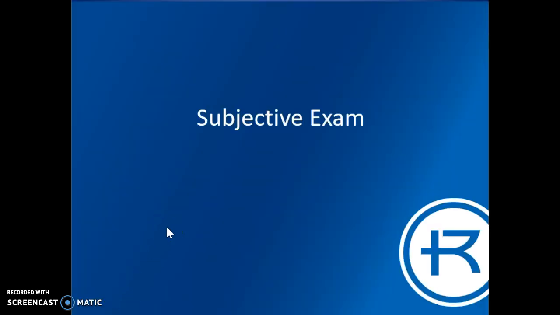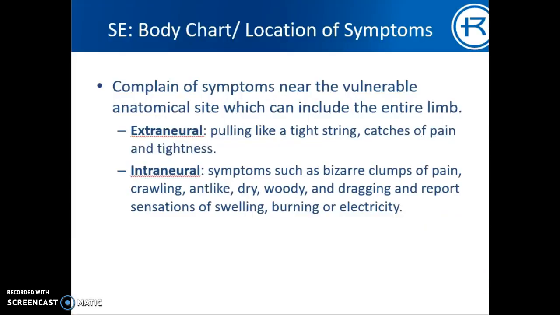So let's talk a little bit about the subjective exam findings that you might hear when you're interviewing your patient. The first part is the body chart, and when you're just taking in the information and locating the pain that the patient's describing and coming in with, they will complain of symptoms near the vulnerable anatomical site, which can include the entire limb. If it's an extraneural type